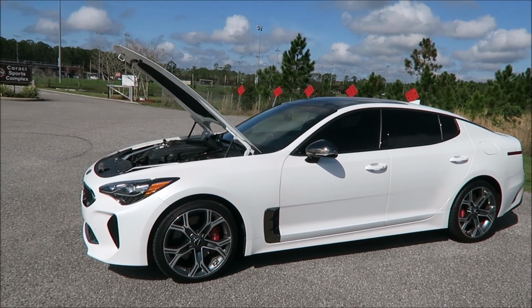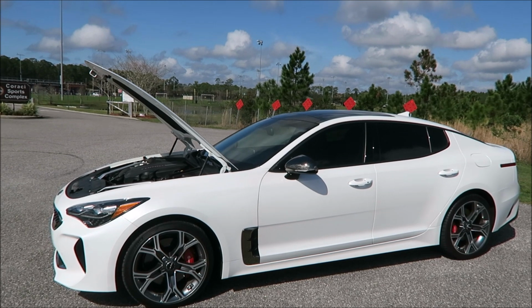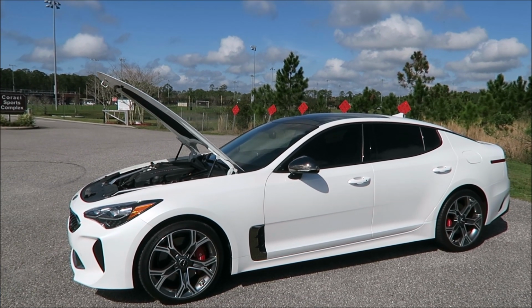Is it perfect? No, it can always be better. So we're gonna leave room for improvement. We're gonna do an 8 out of 10. It's hard to explain how using the paddles and sport mode on this thing just really gives you a feeling. I mean, you step on it,